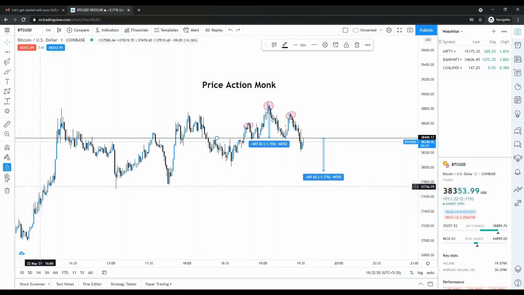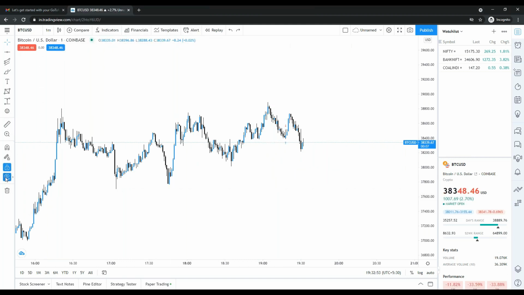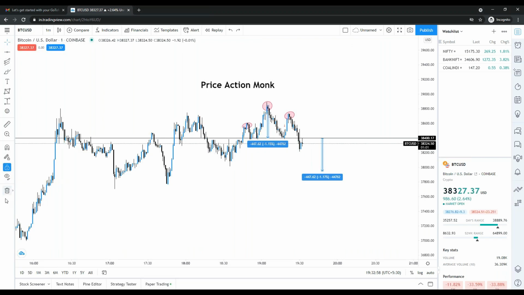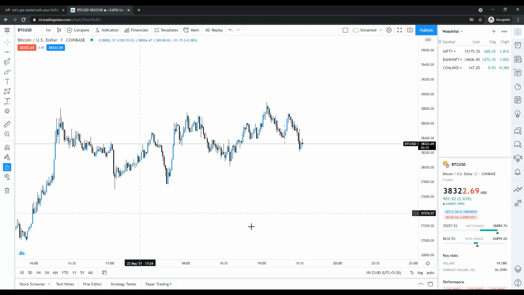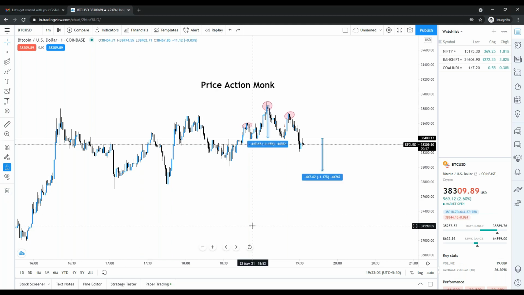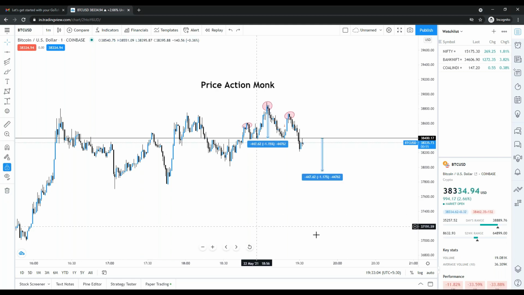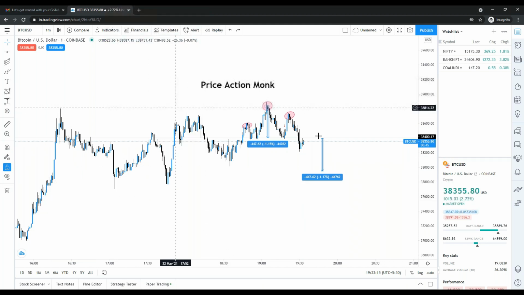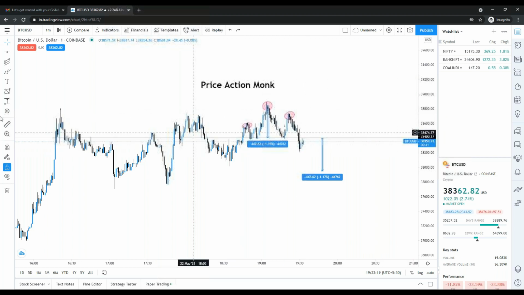Okay, and this is to hide the indicators and drawings. See, if I click, I can hide my indicators and drawings. And this is to delete. If you click this button, all the things will be deleted. If you press Ctrl Z, all the things would appear back on the screen. So this is about this panel. Okay, slowly when we will understand, that moment of time it will be more clear. Okay, currently we are just looking at these panels, basic panels.